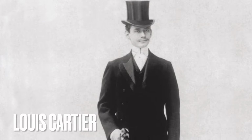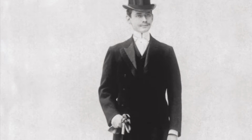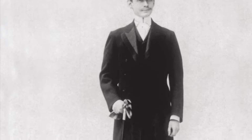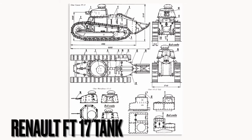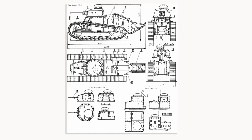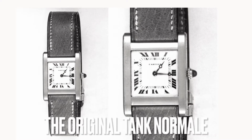But first, let's have a look at the history of the tank. The first Cartier tank was designed in 1917 in the midst of the First World War. Louis Cartier was looking at a picture of a Renault FT-17 tank in the newspaper, and he thought, wow, that would make a great watch design. I mean, hats off to the guy for finding something so brutal and a killing machine and turning it into